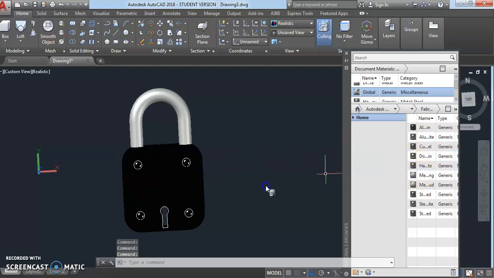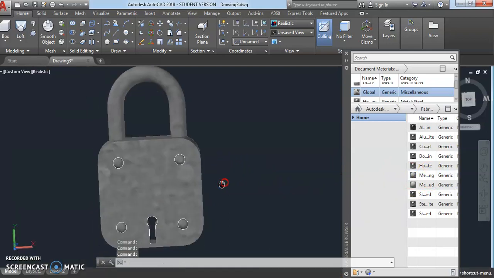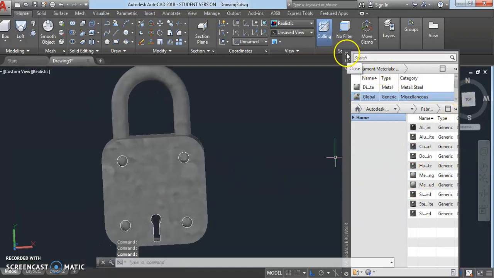You can see you can slice anywhere you want.